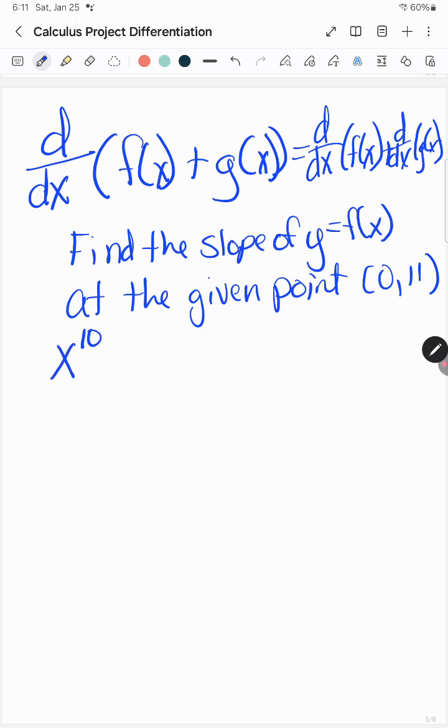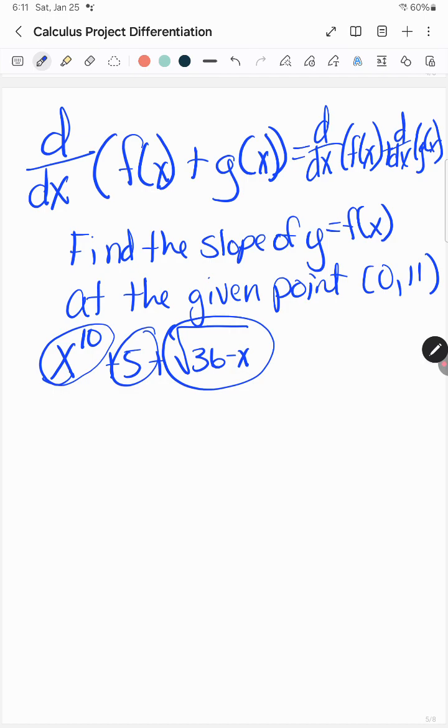We're going to have x raised to the 10th plus 5 plus the square root of 36 minus x. So we're going to need to take each one of these parts and break them up to be able to find their derivatives individually, and then we will add those back together